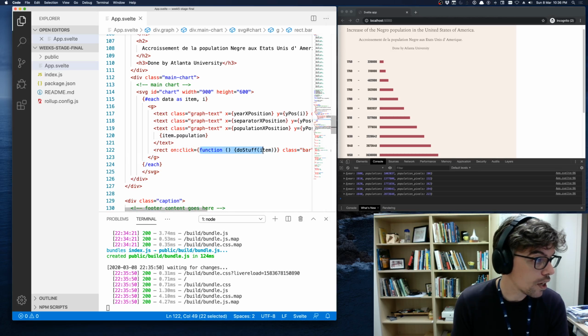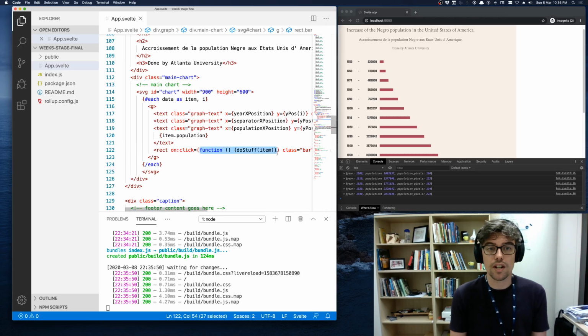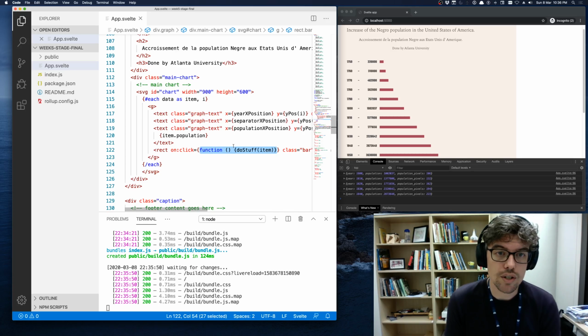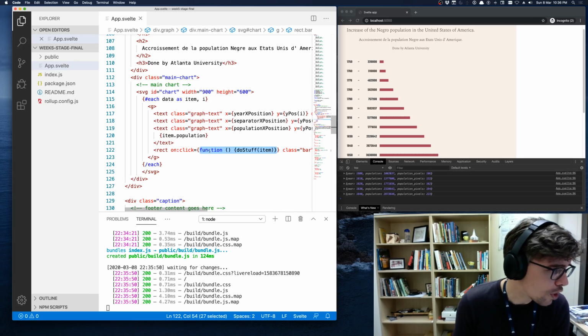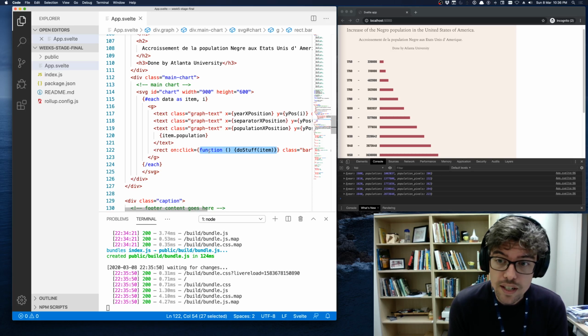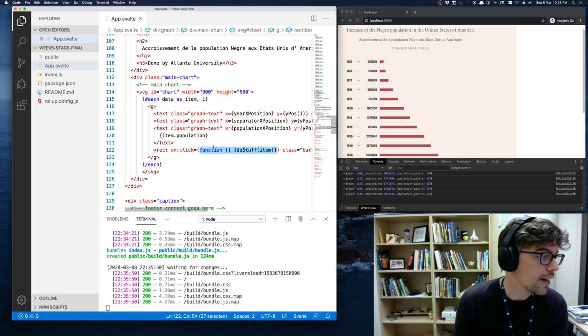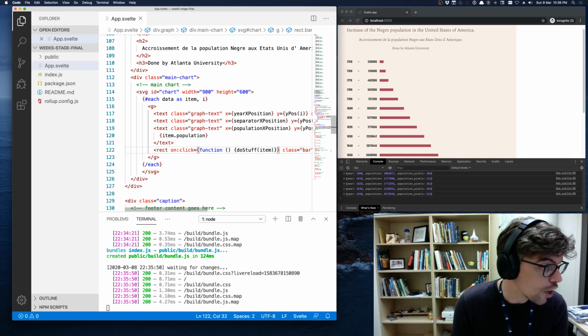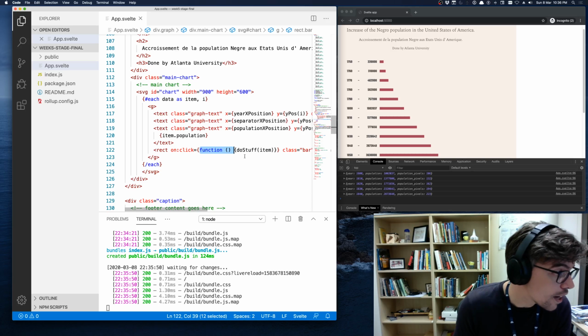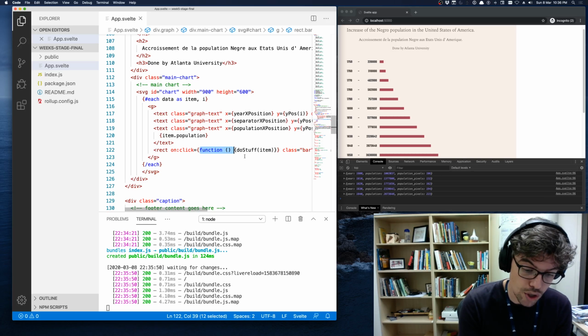So this is what we call an anonymous function because it doesn't have a name. We don't need a name because we only need to use it in the context of this click function. Sometimes you might have seen the short syntax for this, and that's the arrow syntax. So instead of typing this whole function syntax, I can also just type